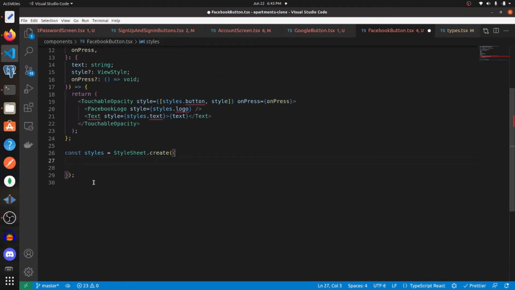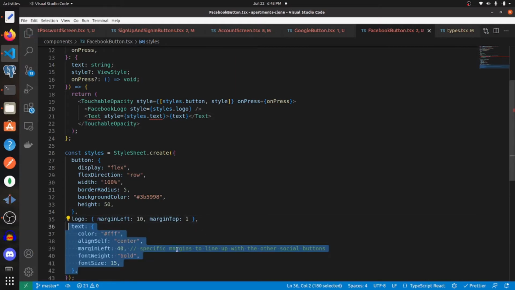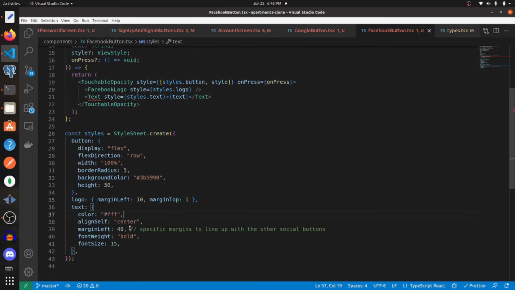And those styles are going to be button, which will have display flex, direction row, width of 100%, border radius of 5, background color of 3B5998, and a height of 50. Logo, which is margin left of 10, margin top of 1. And text, which will have a color of white, align self to center, margin left of 40, font weight of bold, and font size of 15. Now with those done, we can